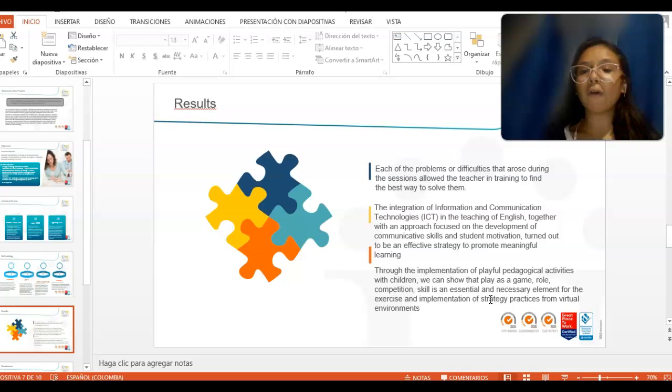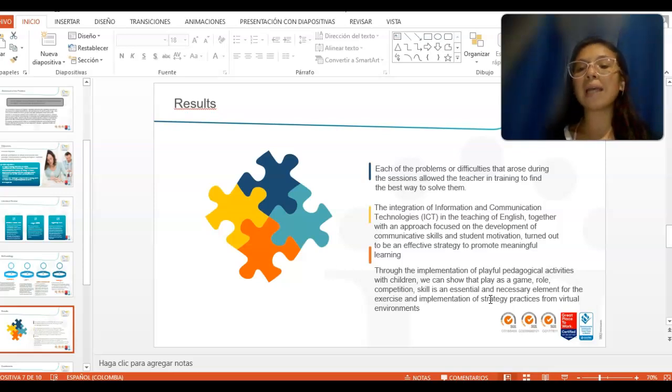The integration of information and communication technologies in the teaching of English, together with an approach focused on the development of communication skills and student motivation, turned out to be an effective strategy to promote meaningful learning.